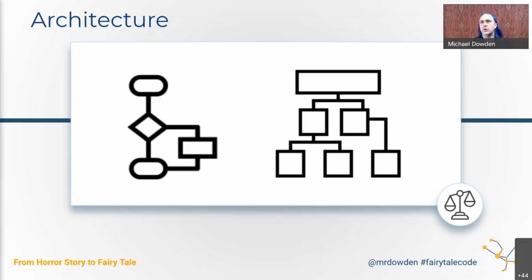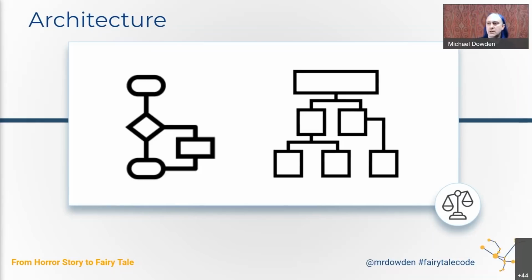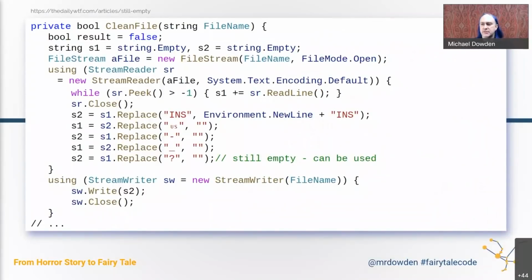So I like to look at confusing code not just as, hey, this is bad code and it needs to be fixed, but maybe this is a symptom of an underlying problem that we need to address instead. And here's an example of this. So when we see chaos and confusion in our code, it may be a sign of an underlying problem.